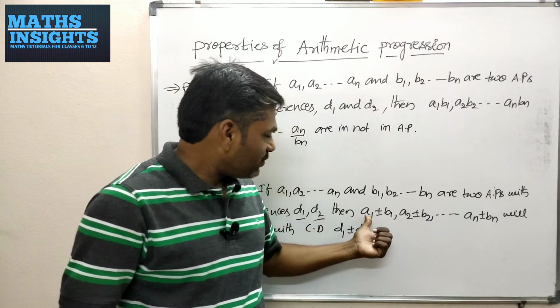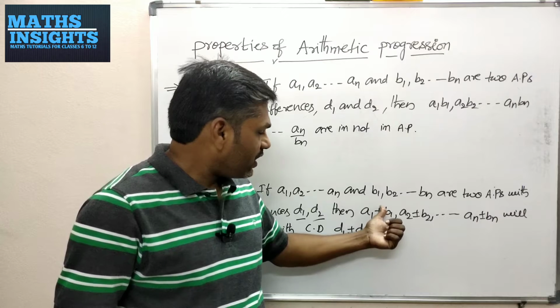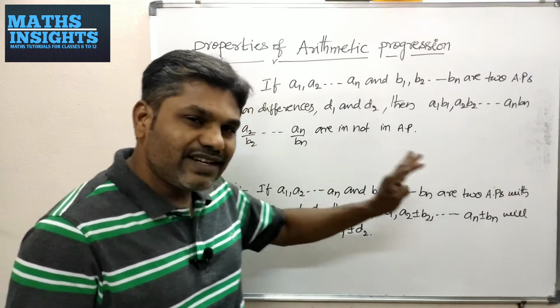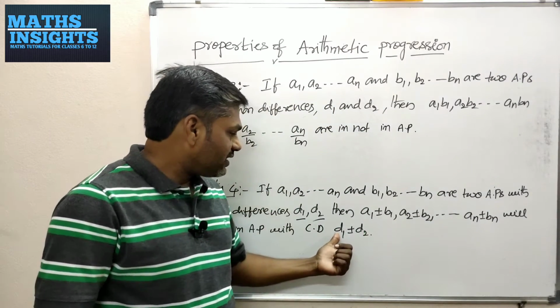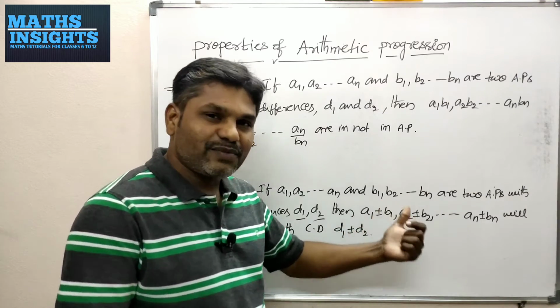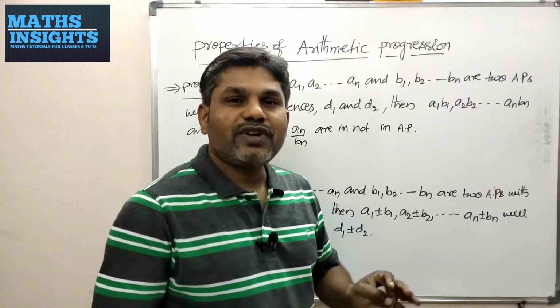The corresponding term of A1 is B1. If you are adding or subtracting all the terms, then the result will also form an AP with the common difference D1 plus or minus D2. It means if we are adding the corresponding terms, we have to add the common differences also